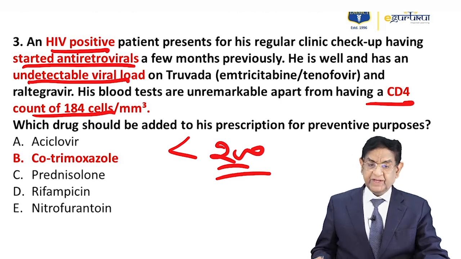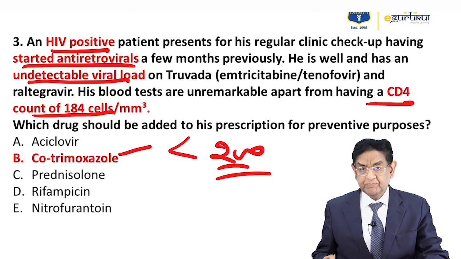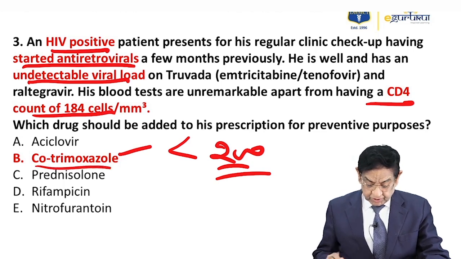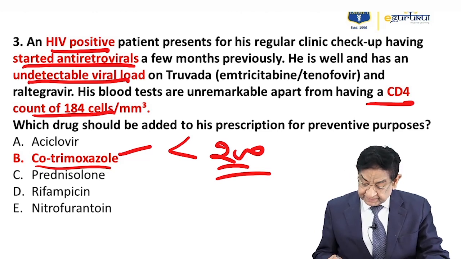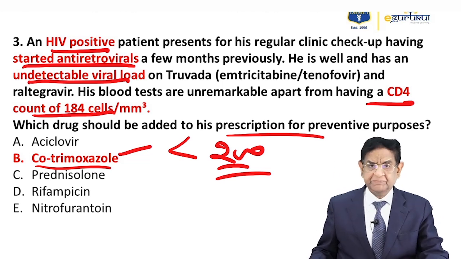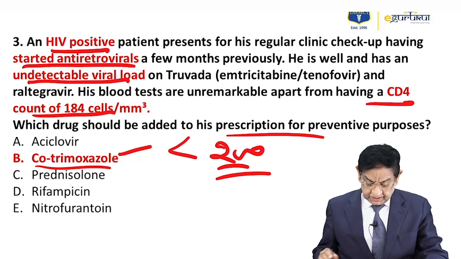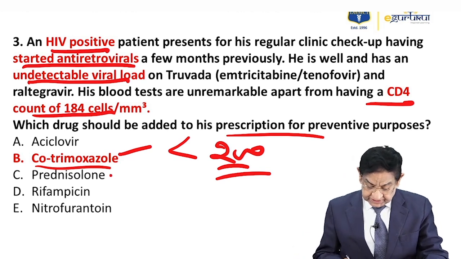One of the very commonly asked questions is that in such cases you have to add prophylaxis for pneumocystis carinii, and we give co-trimoxazole, right? Now he asks what else should be added in the prescription. Of course, he's asking for prophylaxis. These three drugs,